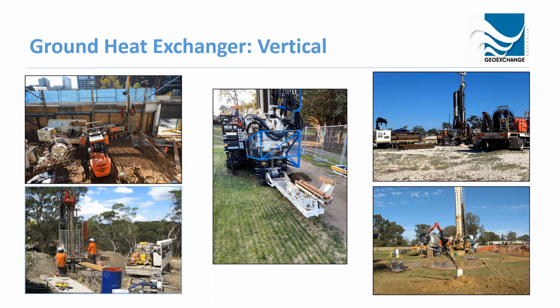Geez, it was potentially even 12 months later. So that's where you also need the builder on your site to make sure that they're going to look after your boreholes for you. So, bury them, put them under the gator covers, do whatever you need to do to make sure they're not going to get damaged. We have had builders basically damage pipes, and you come back to install them and there's some damaged boreholes there that need to be repaired or even,